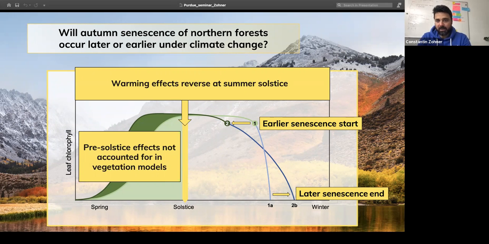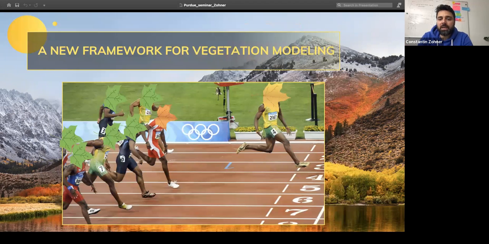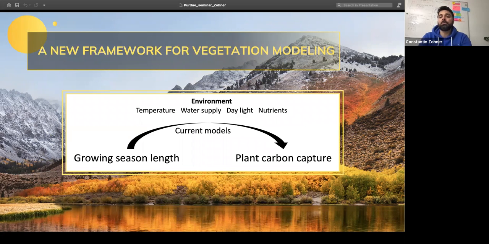And this really matters because these effects really counteract all these drivers that are happening in autumn. Therefore, they appear to play a really important role that should be accounted for. And so, just to remind you again of what the main idea here is, it's these developmental constraints: if we start running earlier and faster, we arrive earlier, and therefore we will see early autumn senescence. And overall, what this now means is that